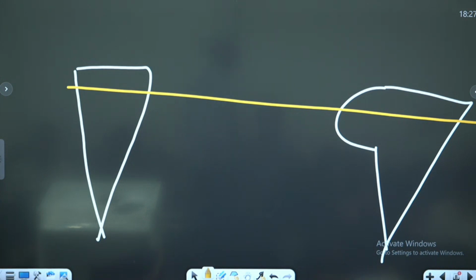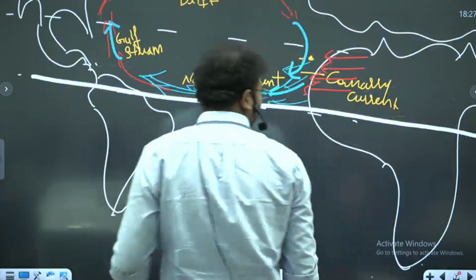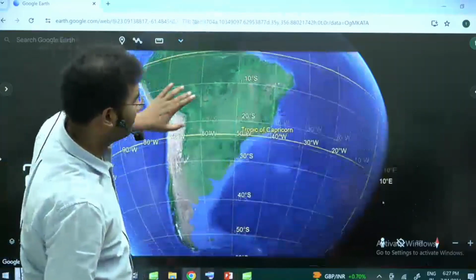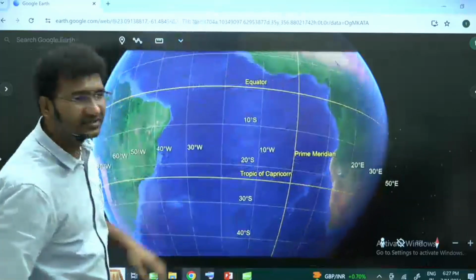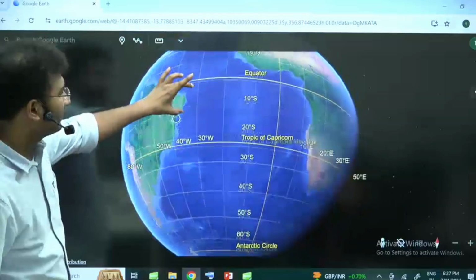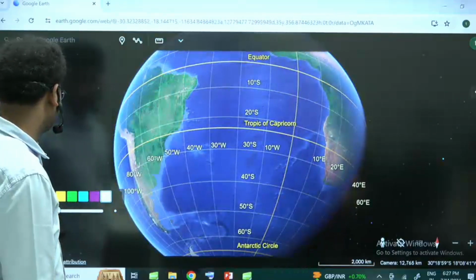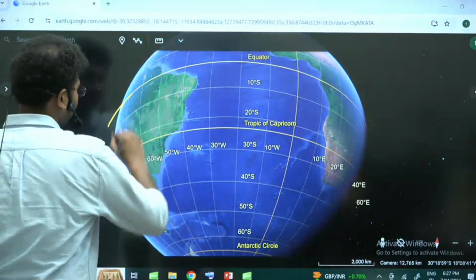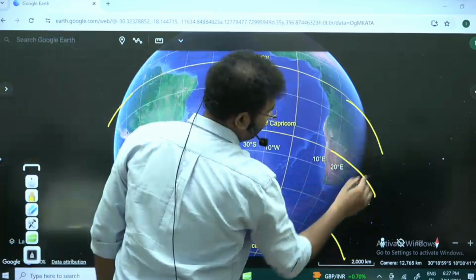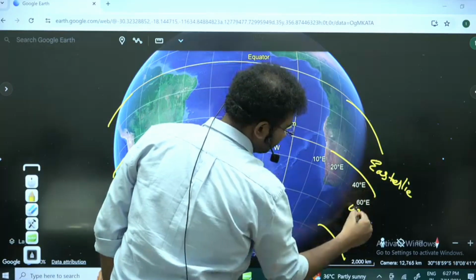ठीक है. चलो, let's quickly draw this. See here. First thing, I always told one thing. पहले क्या आपको देखना चाहिए यहां पर? Easterlies, westerlies identify करो. ठीक है. It is primarily driven by that. So is it fine? First identify the areas of this. What kind of winds do you have here? Easterlies, westerlies.